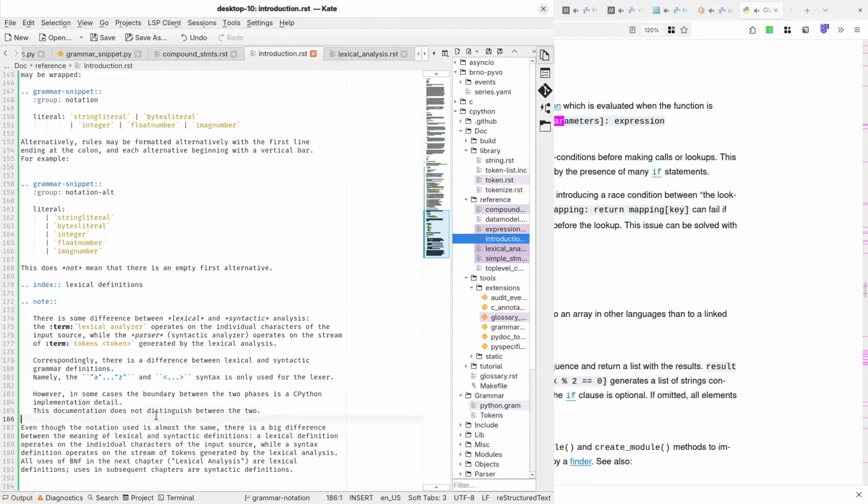I guess we want to say that this documentation describes the lexical analysis, but not necessarily the syntactic. Well, let's say this documentation uses the same. Oh, there you go, for both, yeah.